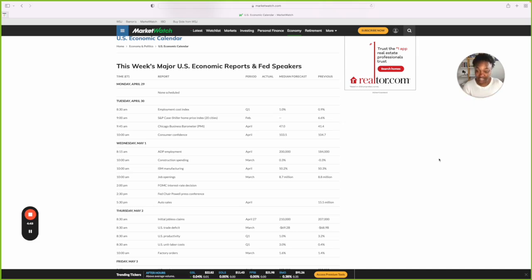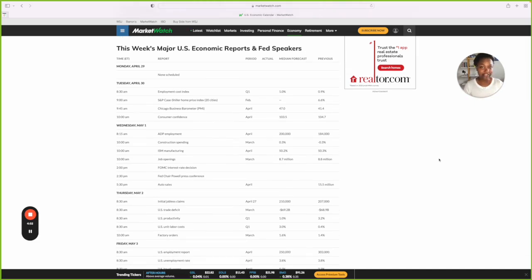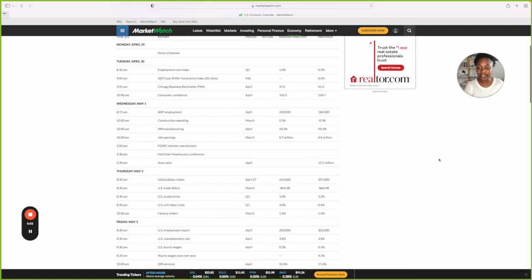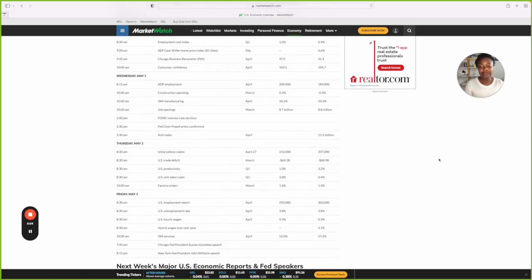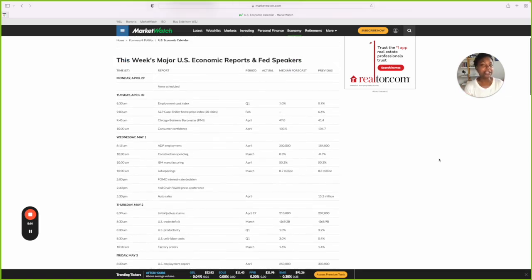So then Thursday, we have jobless claims and factory orders. I truly believe that factory orders is great economic data if you're someone who trades any sort of stock that's in the industrial sector. You want to keep your eyes on it. And then Friday, we do have a couple of Fed speakers, wages, unemployment rate, and all of those things coming out, but it's not big, huge data like what the market is waiting on that's coming out Wednesday. So with me being able to look at this, I'm already understanding that Monday and Tuesday, I'm going to mind my business.